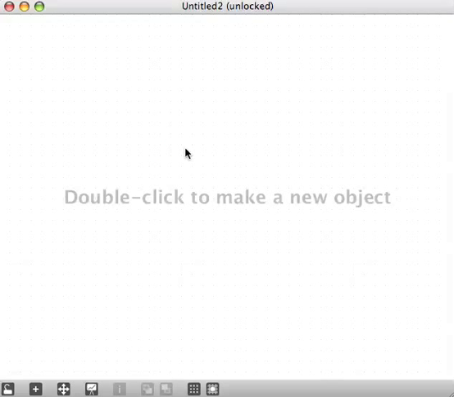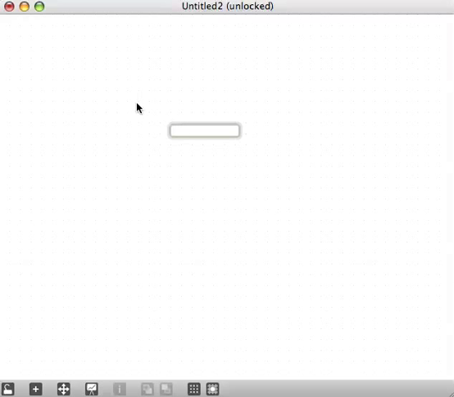I can just use my N key on my keyboard to make a new object, and we created a delay line already with an object called tap in. We give the tap in tilde an argument which is the maximum delay time. I'm doing 5,000 milliseconds or 5 seconds, and every tap in needs a tap out. So we're going to make a tap out